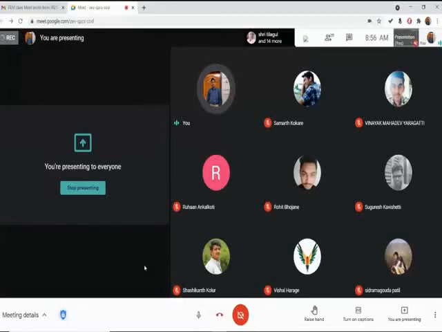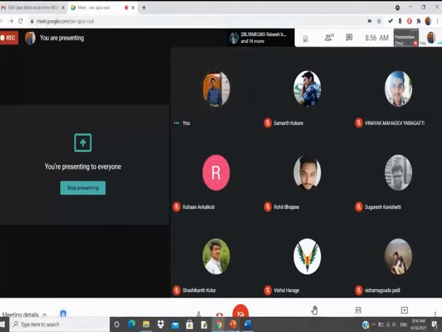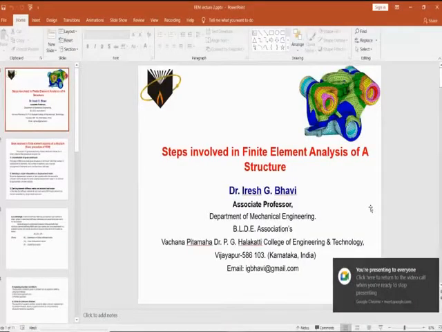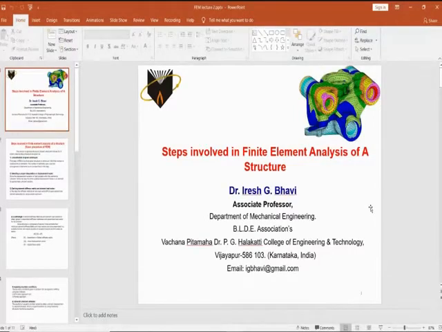number of prototype testing. That is, we can reduce the number of experimental testing by using finite element analysis. So in the olden days, before the use of finite element analysis, they had to do more than 100 or 150 experimental tests, and each test was costing a minimum of 5 to 10 lakh rupees. So a lot of cost was incurred in experimental testing.